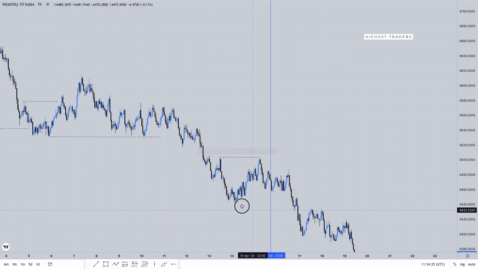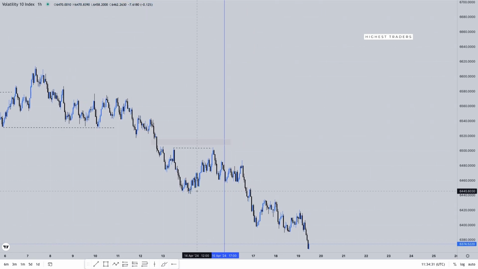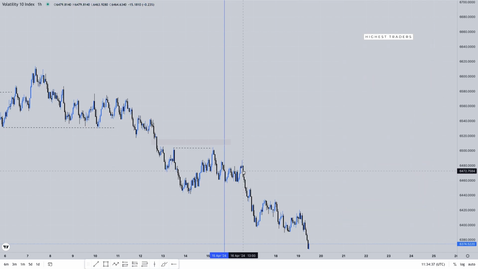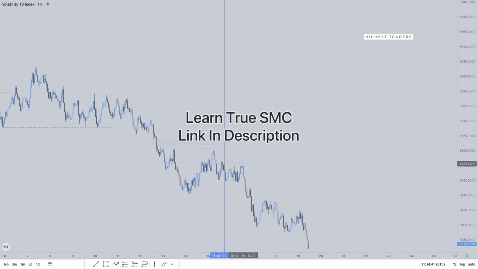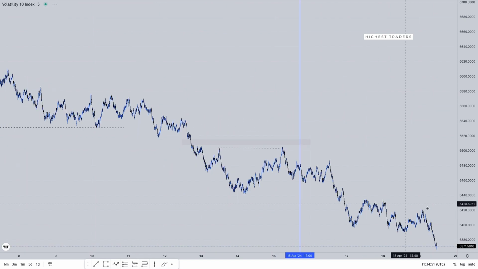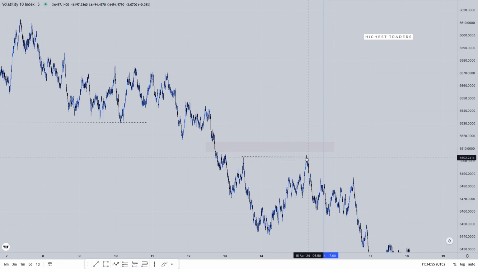So the moment it closed below it, those of you who understand how I execute my trade, or how I take my positions, you can see on my screen where I took my position is right here, right? So let's go to the M5, which is the medium time frame, to explain a little bit about my entry to you guys. If you want to learn properly how I break down the chart, look in the link in the description and contact me for proper mentorship. This is the 5 minute time frame, which is our medium time frame. So from the 1 hour, we got a sweep here, right?